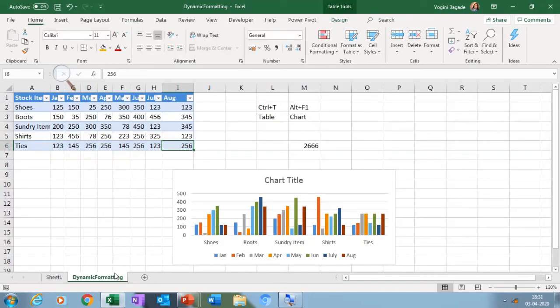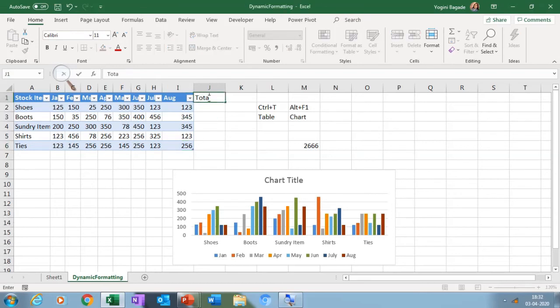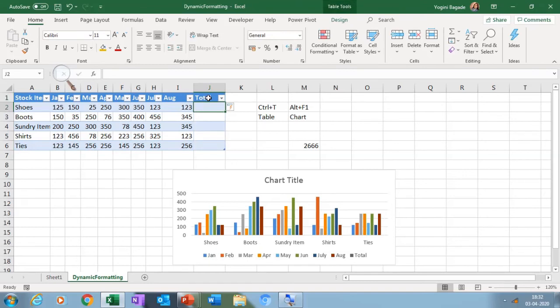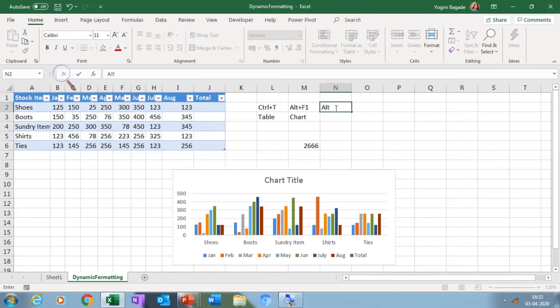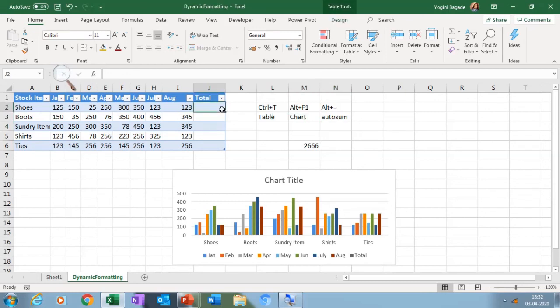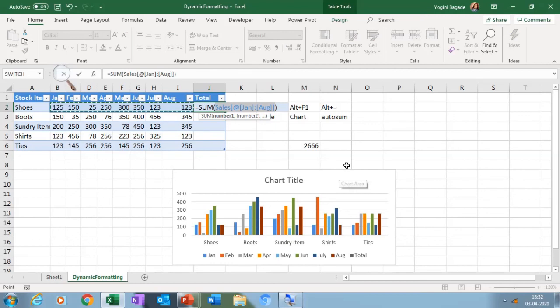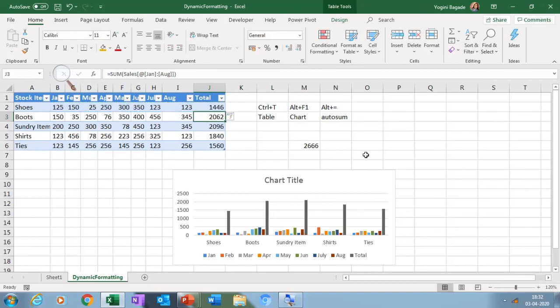Table helps you make your data dynamic. Whatever you create from table will automatically update. One more use I'm going to tell you of table. Now for example, I add a formula over here. So equal to, and the shortcut for summing. I don't think I've told you this. Alt plus equal to is the shortcut for auto sum. So I keep my cursor inside and Alt equal to has selected. The moment I press Enter, the formula applies to the entire column.